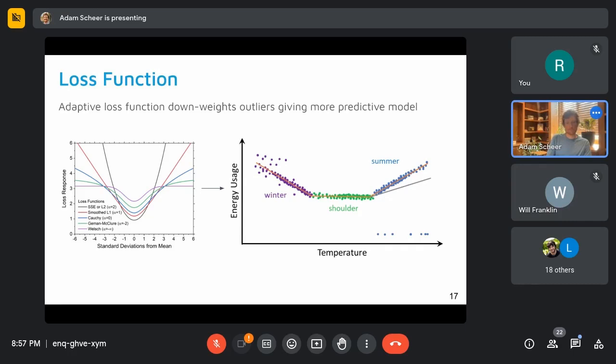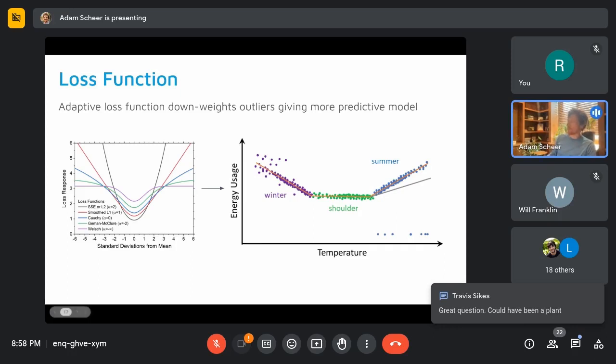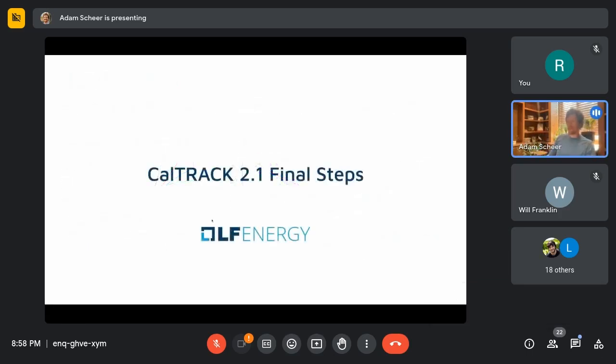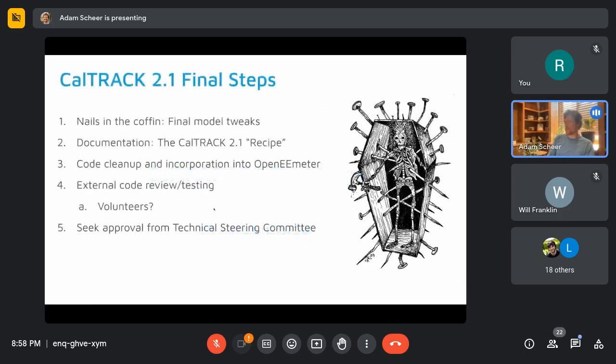Okay, thanks for nerding out with us on all of this to this point. Now I think we can all take a deep breath and think about final steps here. So, nails in the coffin. What needs to happen between now and officially releasing CalTrack